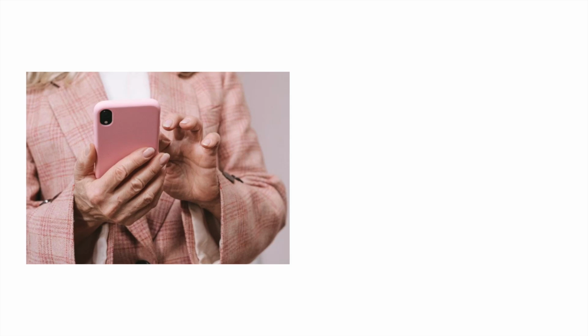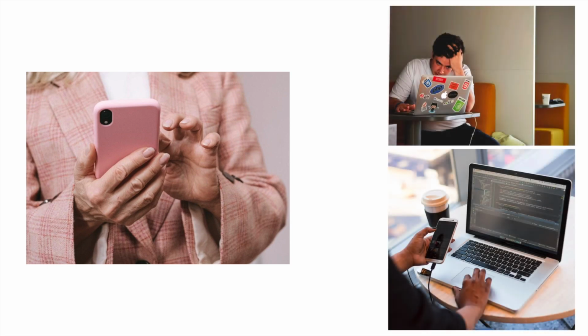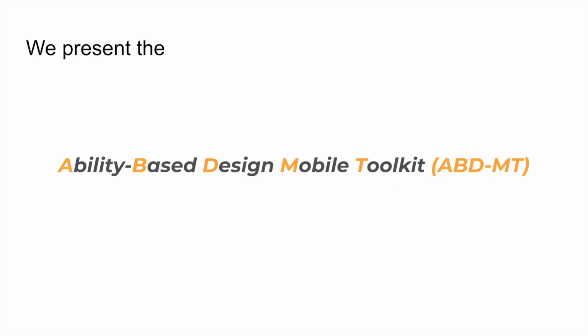Mobile devices have become ubiquitous, but many of them still remain oblivious to the abilities of their users. Meanwhile, developing ability-aware apps requires extensive effort, which can be impractical on an individual developer basis. Therefore, we present the Ability-Based Design Mobile Toolkit that enables developers to make interface adaptations based on user-situated abilities at